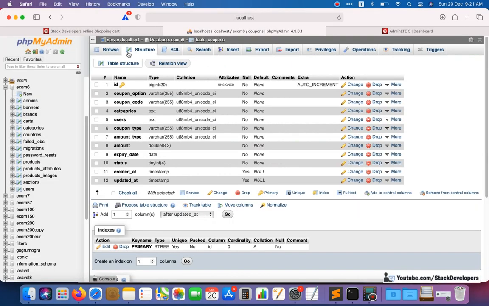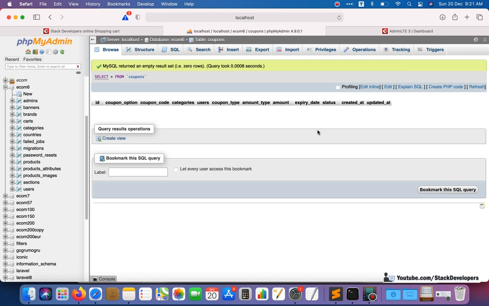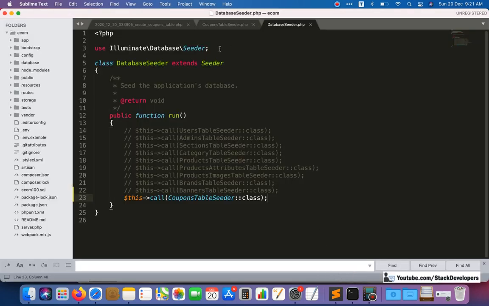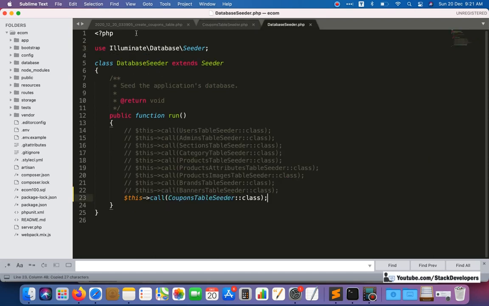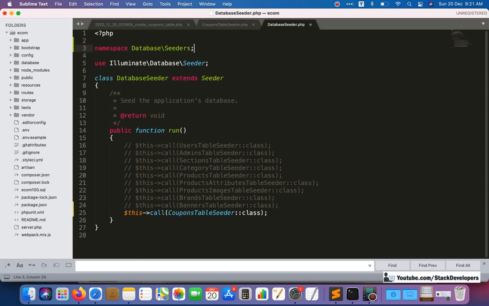But now in our case it will not work, because we need to make some special changes for Laravel 7 or Laravel 8 users, definitely for Laravel 8 users. So you need to add one class, a namespace here, like this. This namespace you need to add at the top as well. In your DatabaseSeeder.php you just need to add this namespace, Database\Seeders.